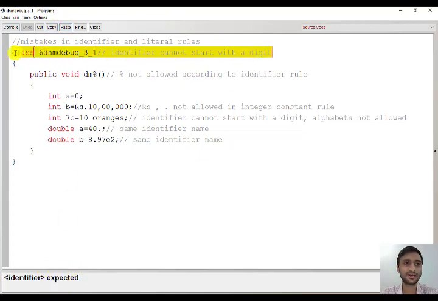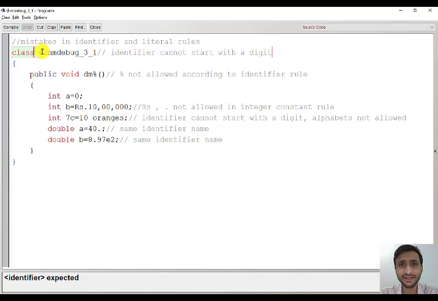Identifier expected. It is telling us that a class should have an identifier name. For every class in Java, when you write a class, you have to give some name to the class. But we have given a name. So while compiling, why is it saying identifier is expected? Because we have given a name, but it is wrong. So it is telling us to please give a correct identifier name. What is the mistake here? An identifier cannot start with a digit. See, when we compile, it is giving an error here. Therefore, this is known as a compilation error or syntax error. And the mistake is that an identifier cannot start with a digit.